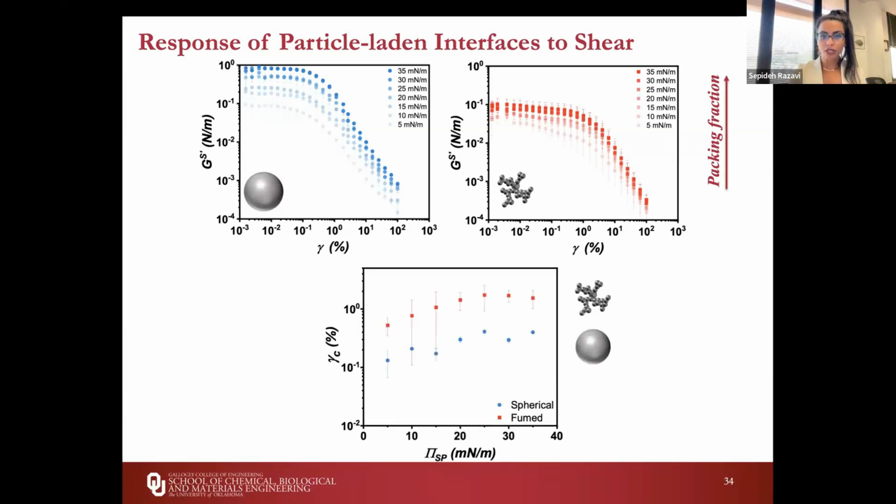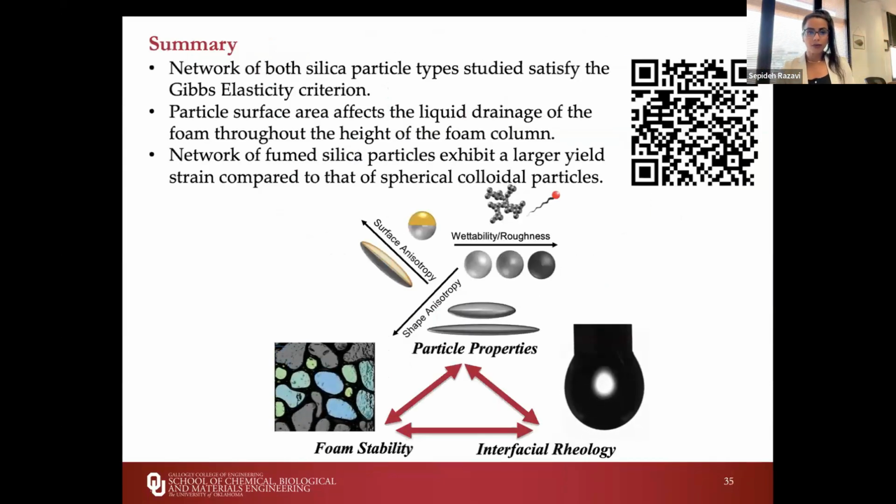And very interesting information here in relation to that arresting of the liquid drainage is the fact that the rough particles actually, for similar surface pressures, show higher yield strain. So they can actually prevent or resist the applied deformations to a larger degree compared to round particles. And this is what we think can be used to explain why they are very good at arresting liquid drainage compared to these round particles, because they have a higher yield strain. So once the liquid is draining, it has to overcome a higher yield strain in order to break the network and flow through.